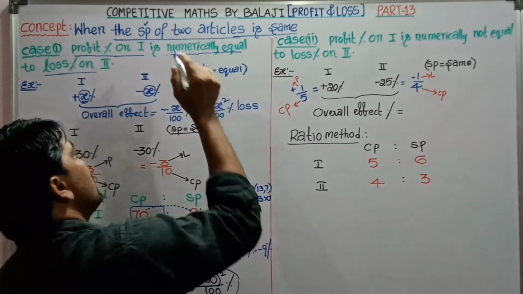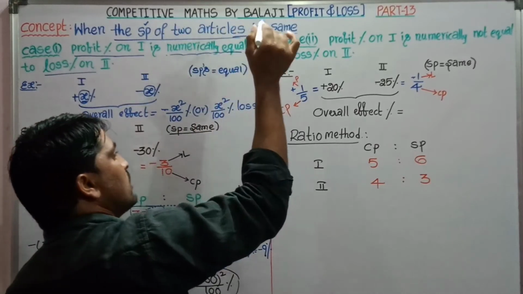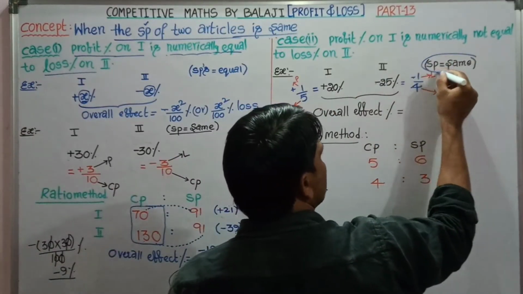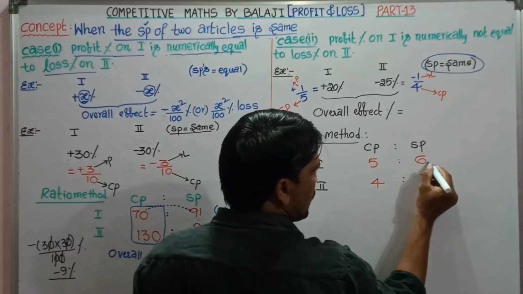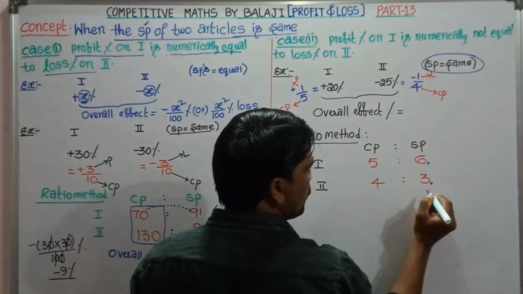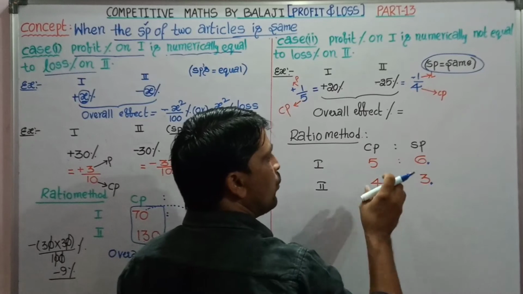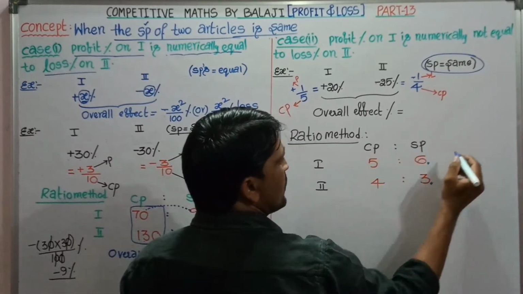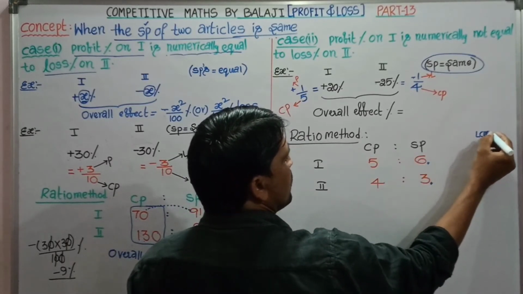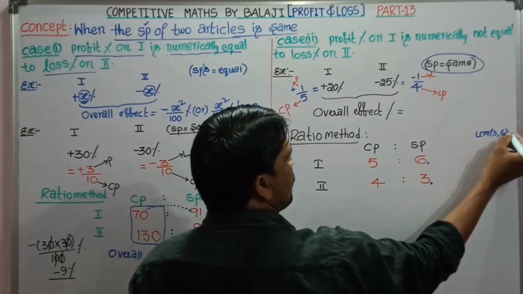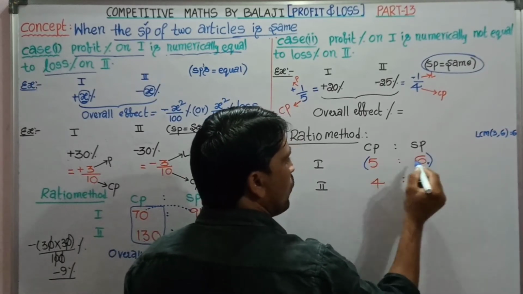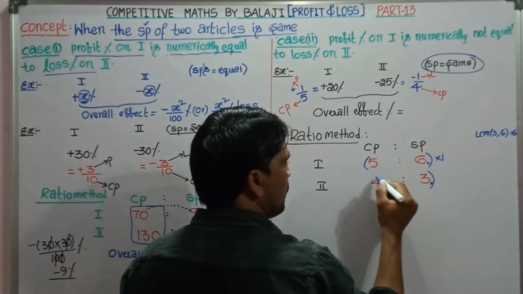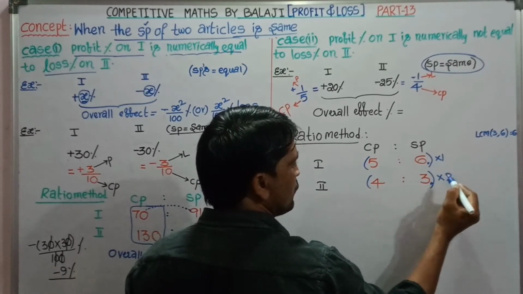But the case is that the selling price of the two articles is the same. Yes, the selling price of both the pens is equal. But see here, the ratios of selling price of the two pens are not the same. First of all, we have to equate them. Since the LCM of 3 and 6 is 6, and here it is already 6, multiply it by 1, and multiply the second ratio by 2.